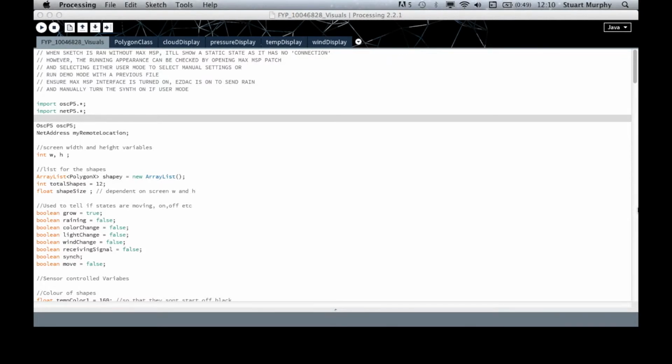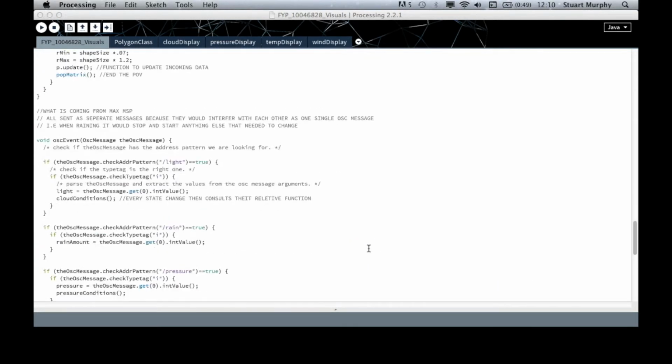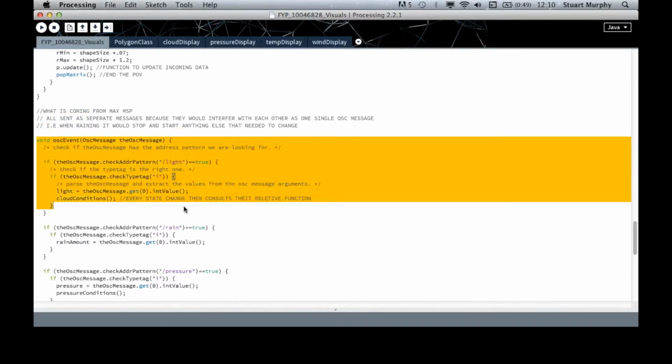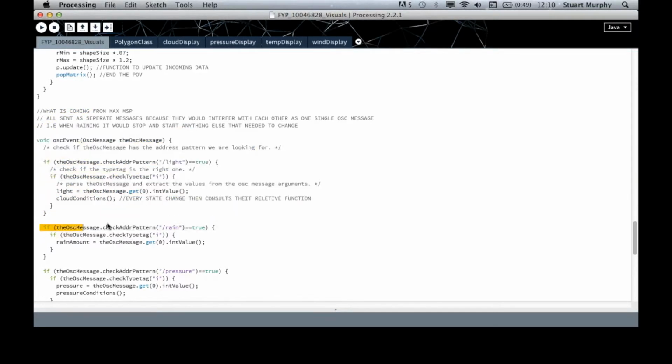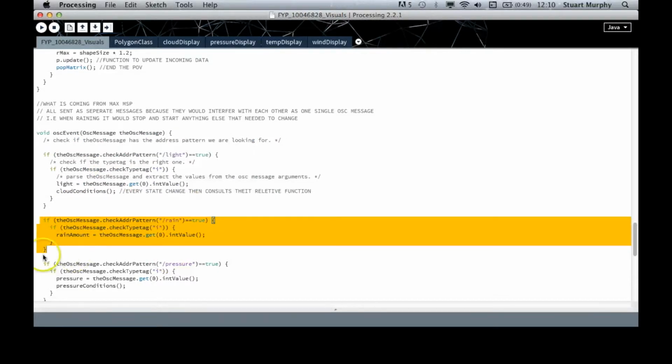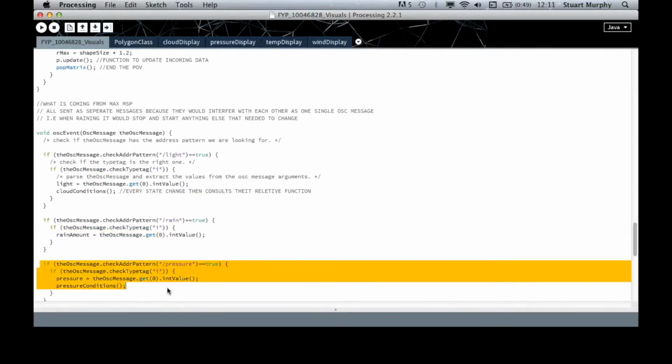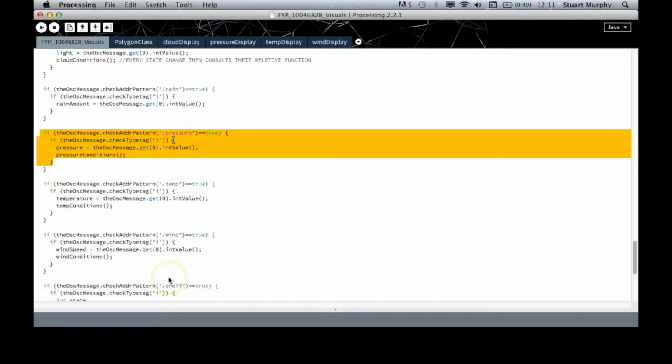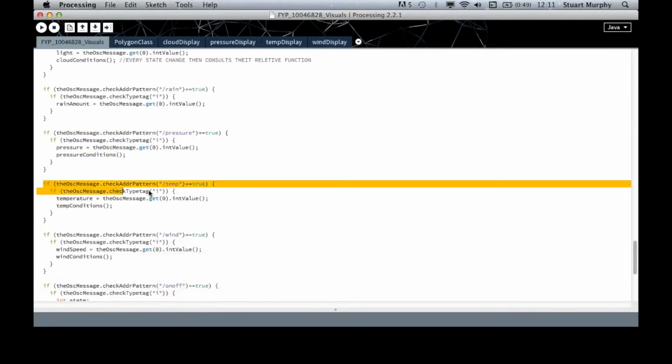These are all based on the intensity rating sent from Max MSP via OSC. Each of these OSC events is sent individually so they will not interfere with one another when they're updating. So these all come in here in the OSC event, and as you can see, each one has its own type tag. Once they get their intensity rating of 1 to 10, or for most cases 1 to 10, these OSC events will be expecting it,